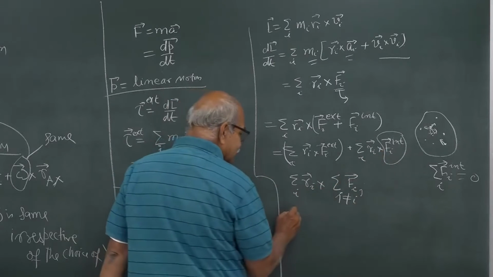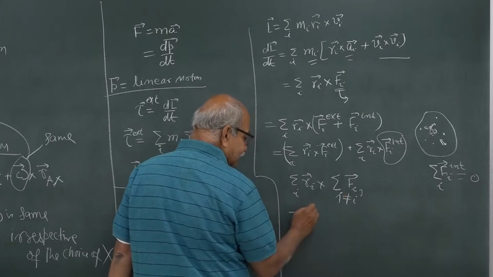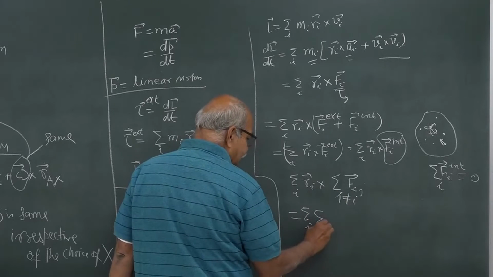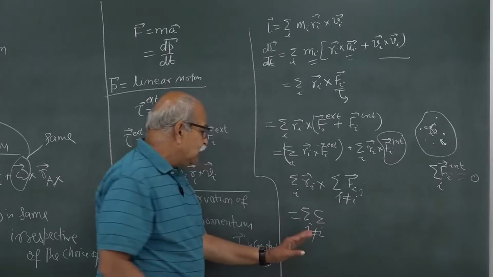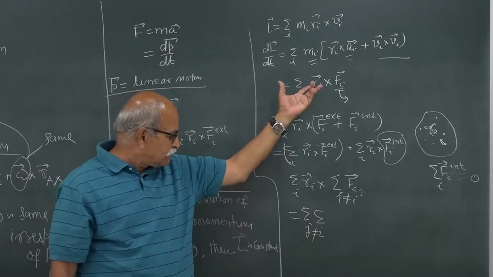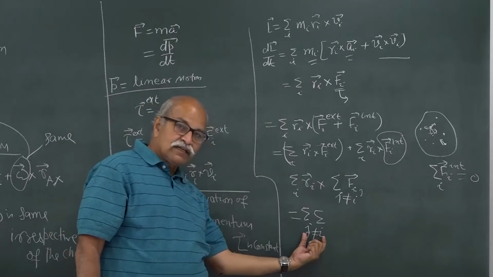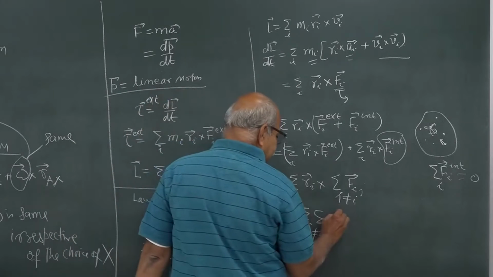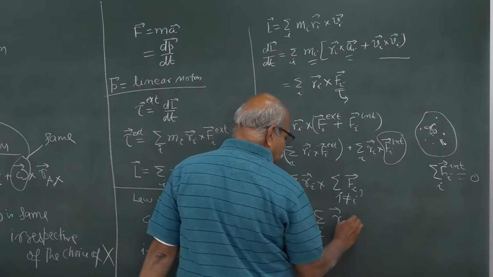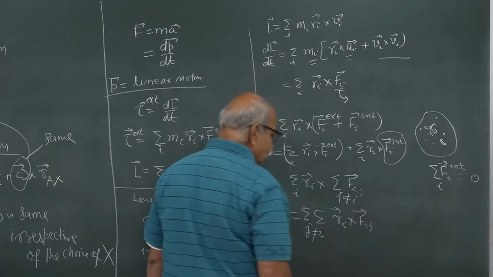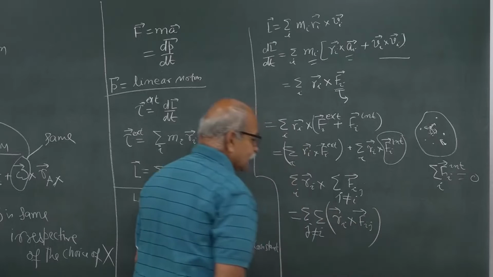So, this j can be taken here, summation over j. So, I have to sum over j and sum over i, j going from 1 to capital N, i going from 1 to capital N, but make sure that you do not put j equal to i, and here it is Ri cross Fij. Now, this quantity,